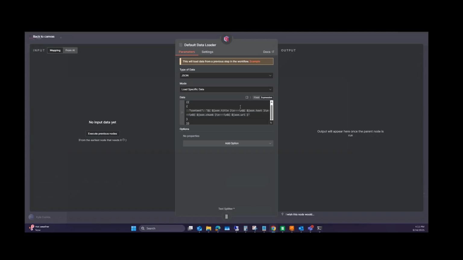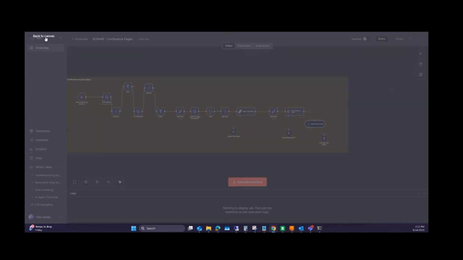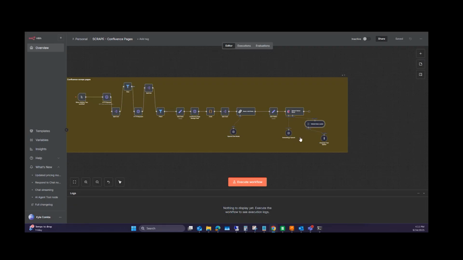And then default data loader, this is the step where I take that chunk, give it the title, and then put the context behind it of what that means in the larger scope of the document. So I don't have to put the whole document in every single chunk. I just have to put the reference of how this chunk relates to the overall document to actually gain that value. So then this ultimately, if we go back,